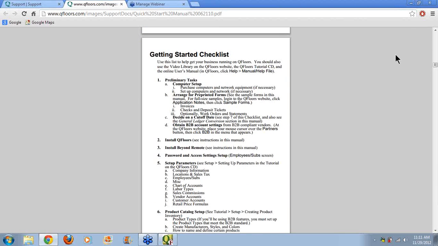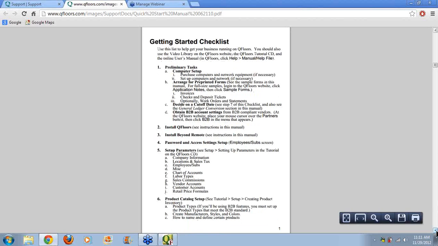Some of you have had QFloors for a while, others newer than others, and so this mainly applies to newer customers just getting the software set up for the first time. Follow this checklist in the order that it's listed here. Of course, call us with questions, schedule phone appointments, but this will step you through getting the software off the ground, getting it running,